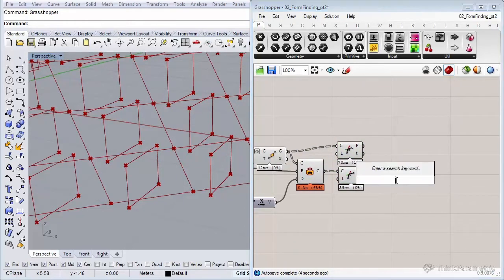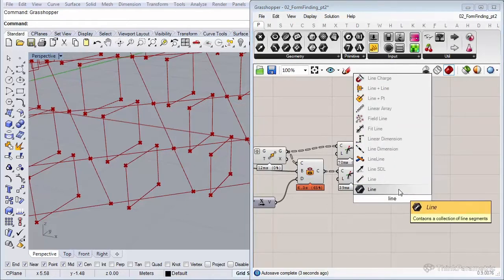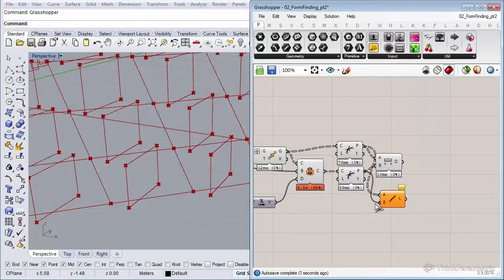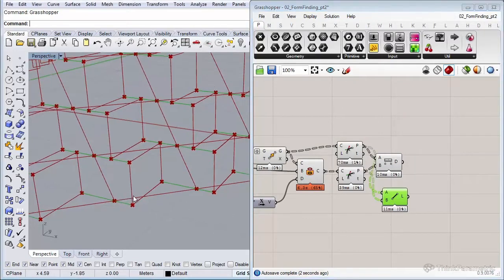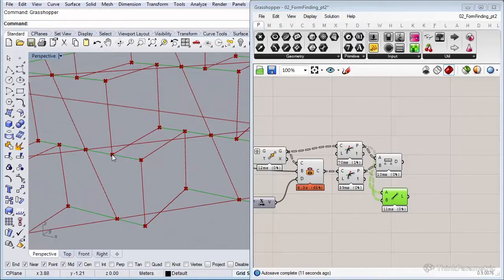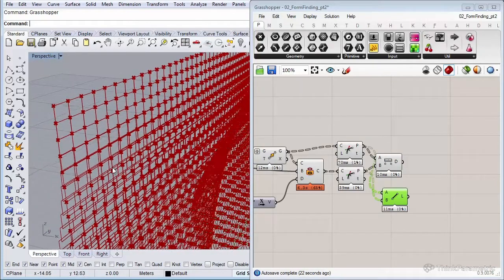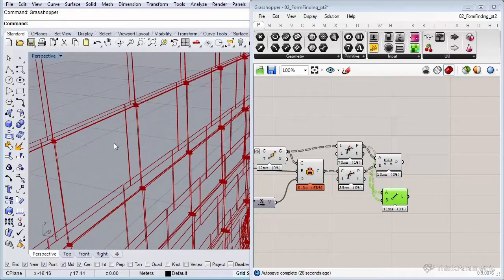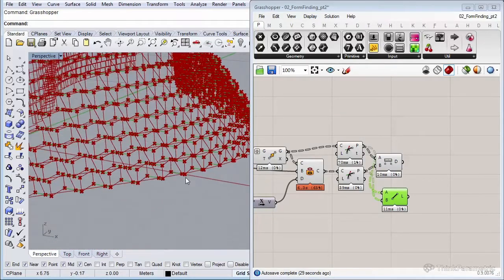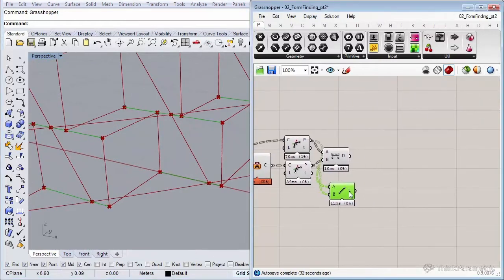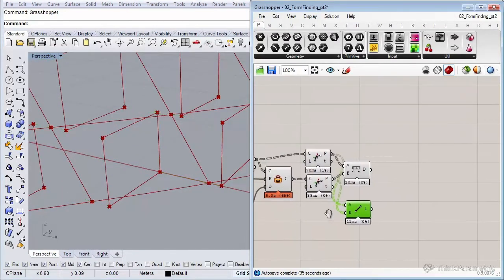So now let's get the distance between all those 4. So let me also draw a line component so it's a little bit more clear. So now as you can see, those are the distances from our original rectangle towards the projected rectangles. And you see that where the surface bulges out, the lines are longer. And if you go to a spot where the surface is more or less flat, you see that the lines are almost zero. Nice. Let me turn off the line component and also our discontinuity components.